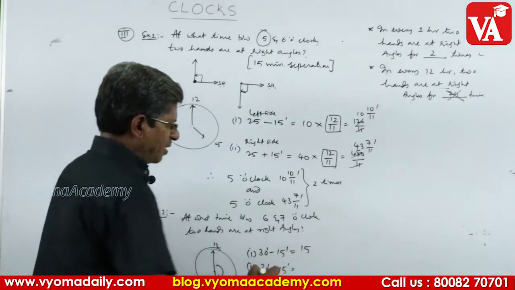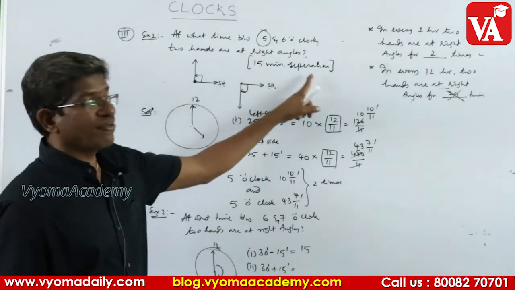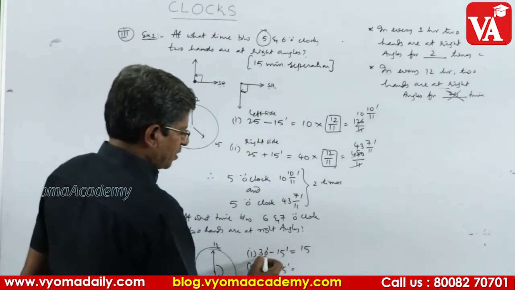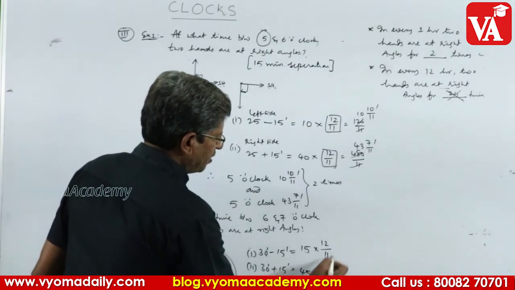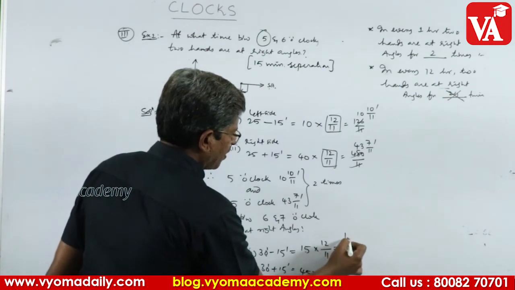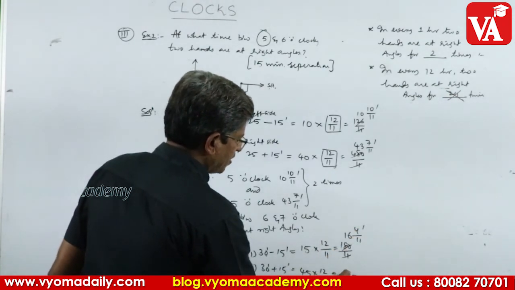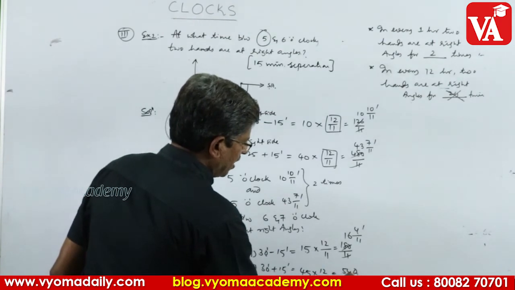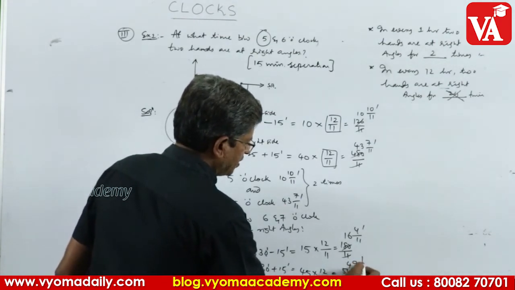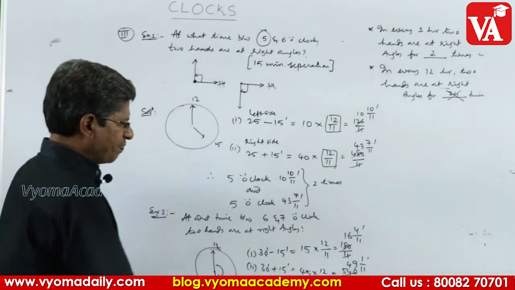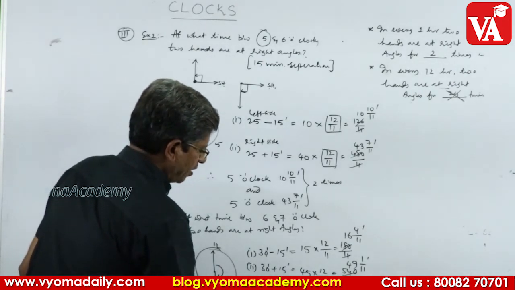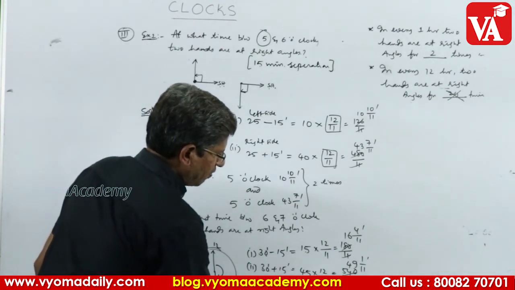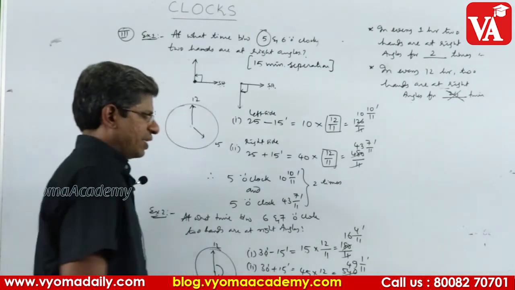Why minus 15, I said here? Because right angle means 15 minutes separation. So 30 minus 15 is 15. The technique says 12 by 11, 45 into 12 by 11. So how much you will get is 540 by 11. 11 4 ja 44, 9 ja 99, 1 remains. So what are the 2 answers here? One answer is 6 o'clock, 16 4 by 11, and the other answer is 6 o'clock, 49 1 by 11 minutes. So these are the 2 timings we will get again at right angles.